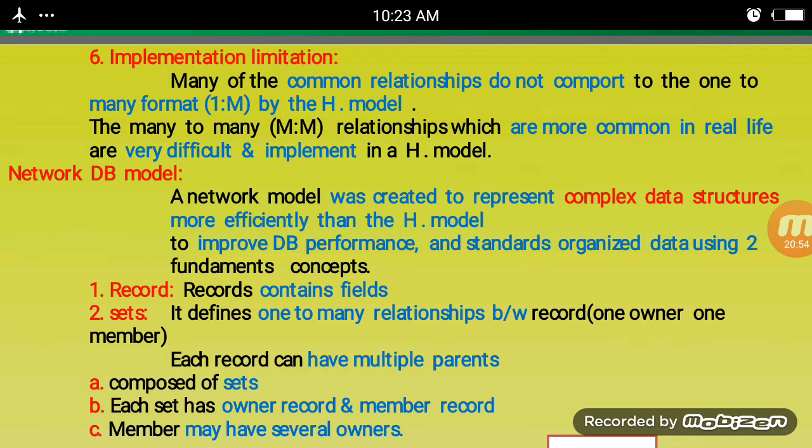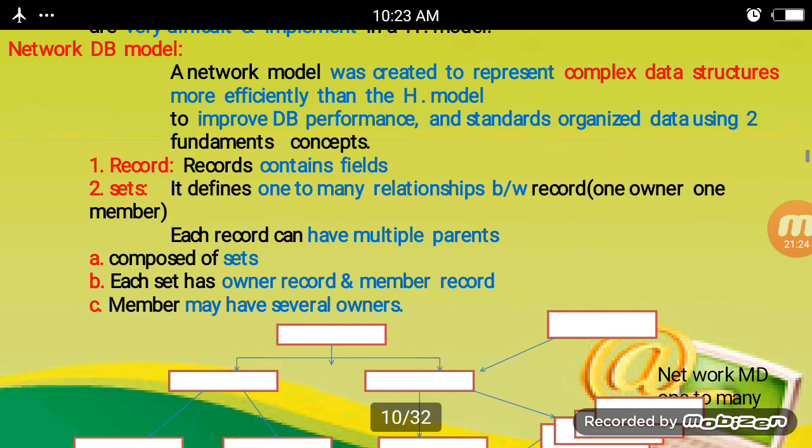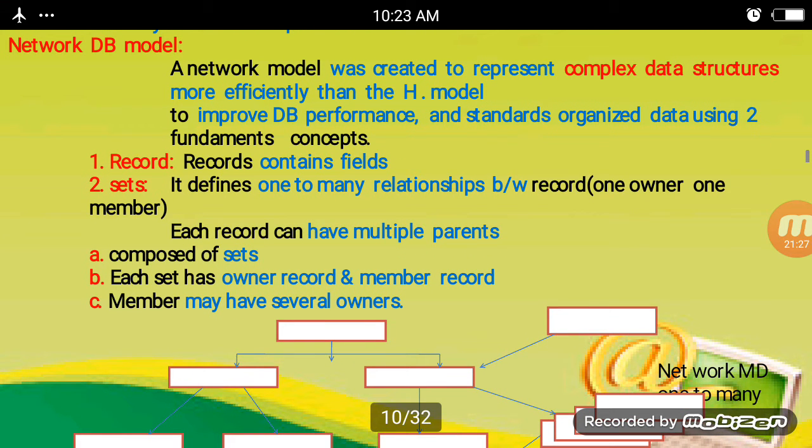Many-to-many relationships are more common in real life, and they are very difficult to implement in the hierarchical model, which is another disadvantage of the hierarchical model. After that I am going to discuss the network database model.